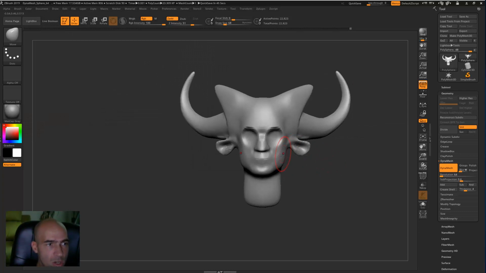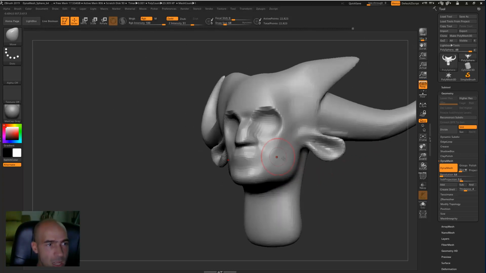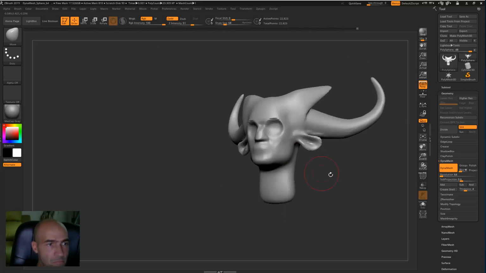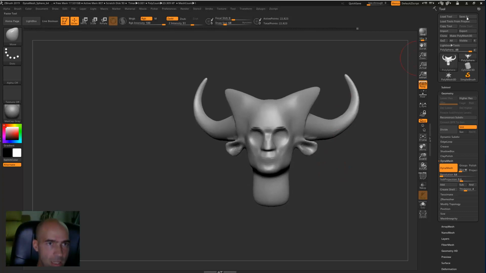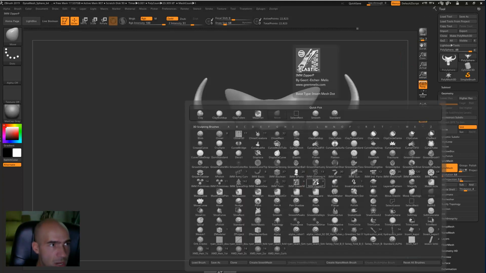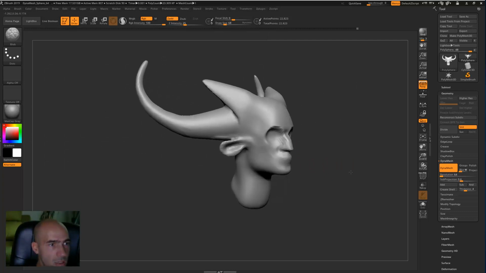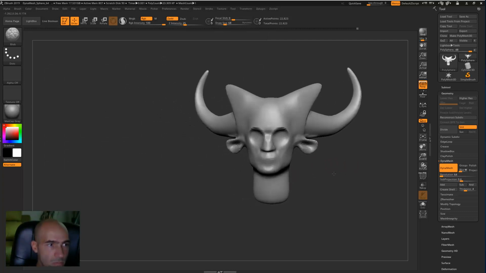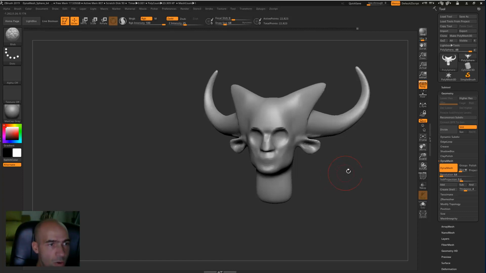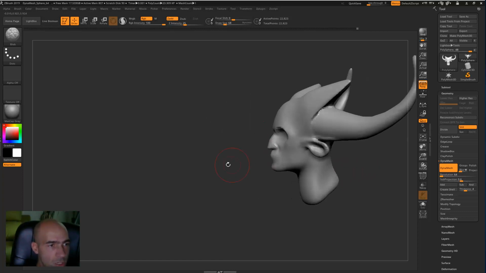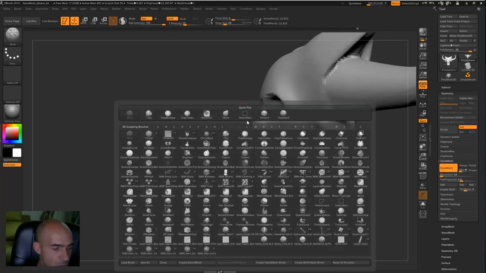But I don't want to start over. I like this, and basically that's it. You can save from here, load here, and that's your first lesson in ZBrush. B, or clicking here, is your brushes, and you don't need anything more. That's how you start, that's how you continue, and you have to just go with the standard brush, for example,